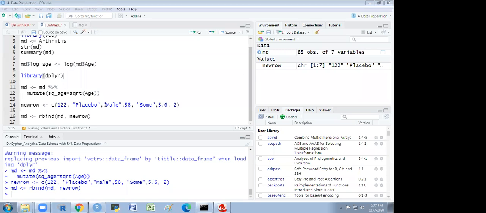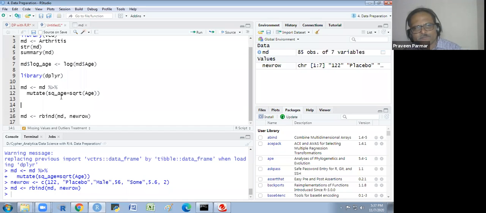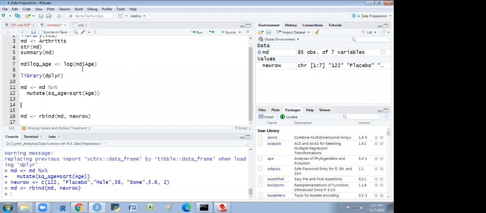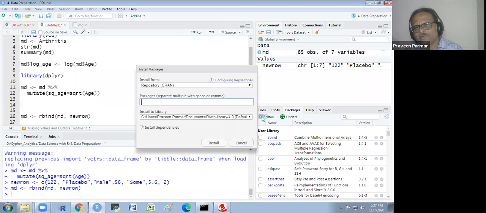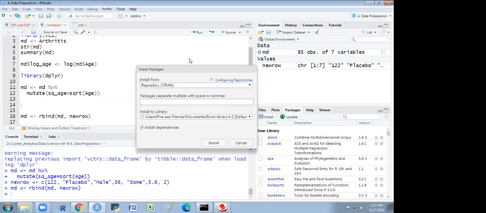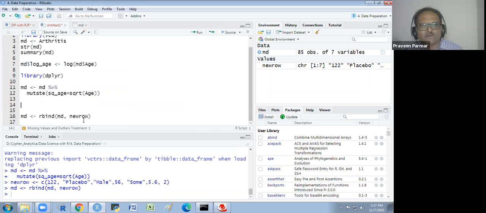No, previously I wasn't aware that it should be installed. So you install it first if you have not installed. Go to packages, write dplyr here and install it. Yes, sir. Then only you can import it.